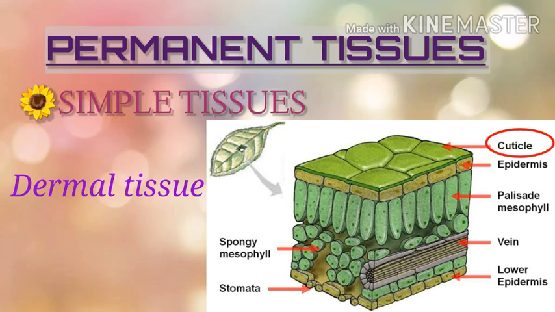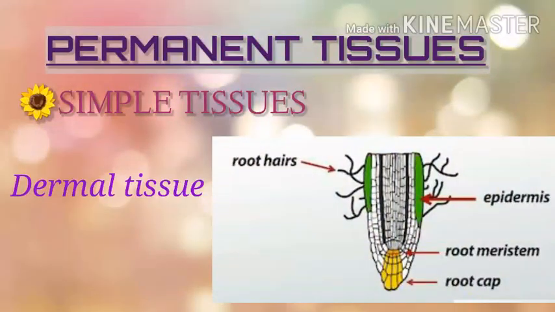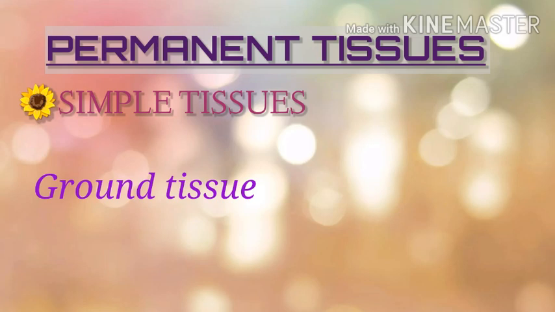Since cuticle is a waxy substance, it helps the plant to retain water and prevents the plant from drying out. In the epidermis of leaves and young stems, there are minute pores called stomata. They help mainly in the exchange of gases between the plant and its environment. The epidermis present in the root bears unicellular root hairs which help in the absorption of water and minerals from the soil.